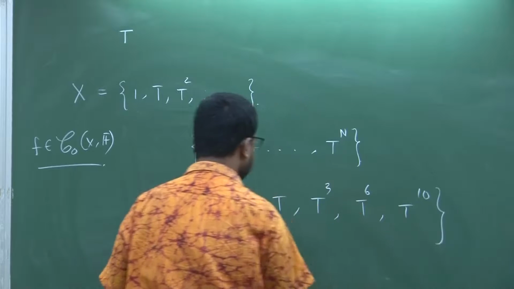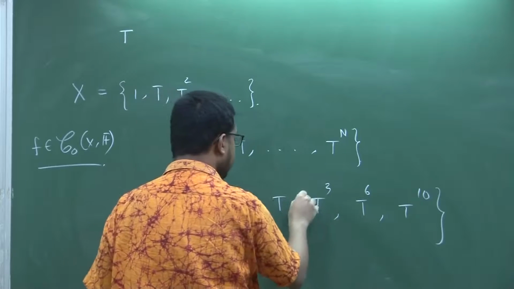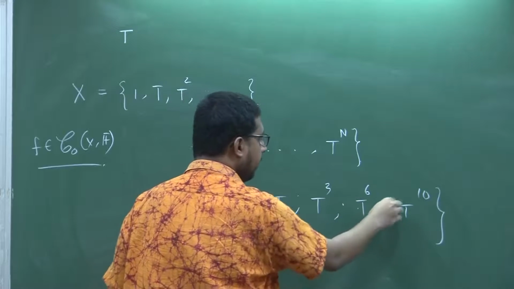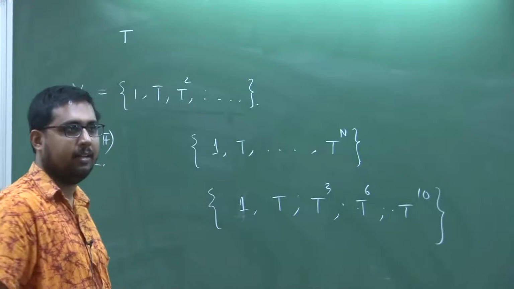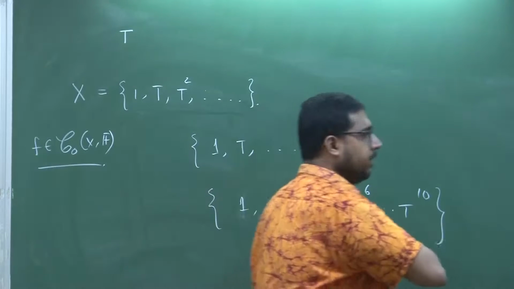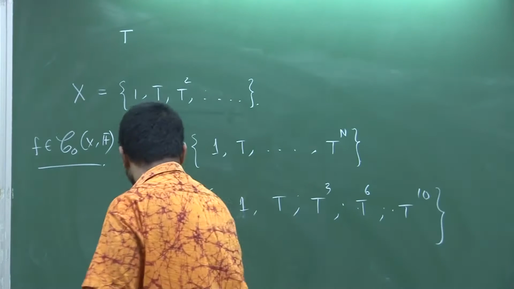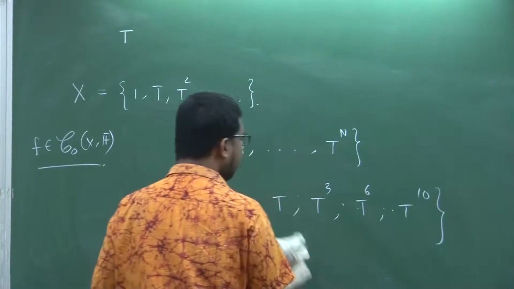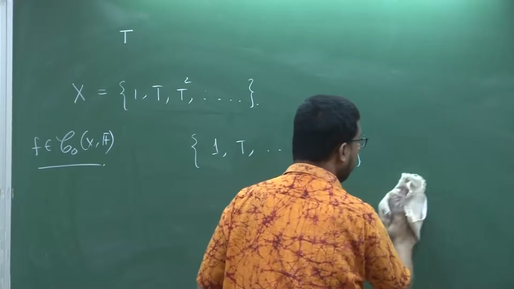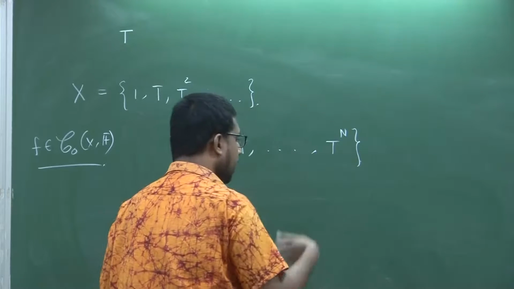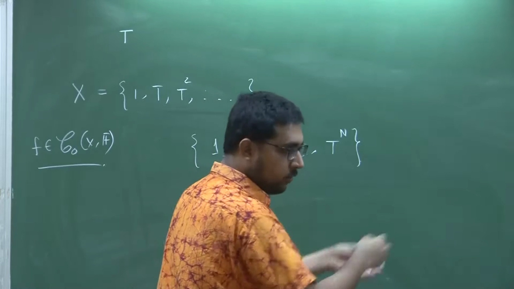I can further add t square, t4, t5, t7, t8, t9, and make all the powers up to t10 present in that set, and even then it will work. By adding finitely many elements,